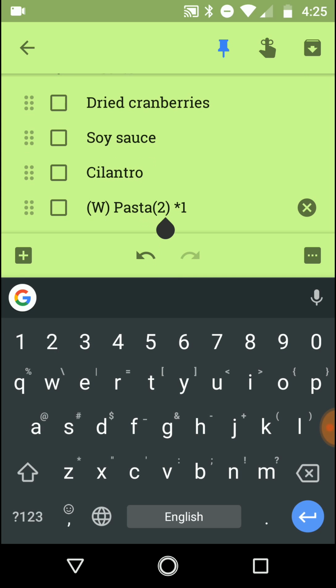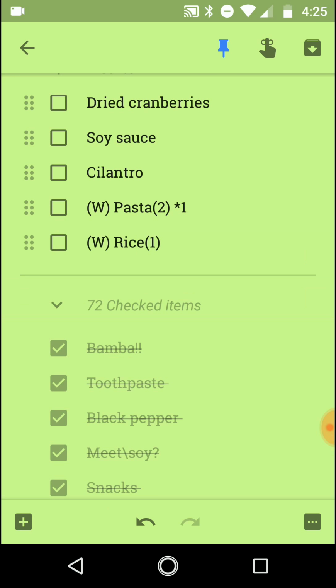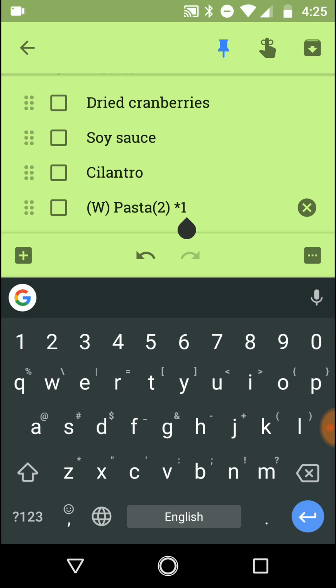So we see right here, inside the parentheses is how much it should be. So before you go shopping, when you go through your kitchen, you know, I need 2 pasta. How much do I have right now? Do I have one already? Okay. So what I did here,